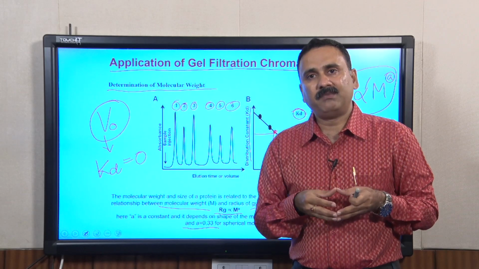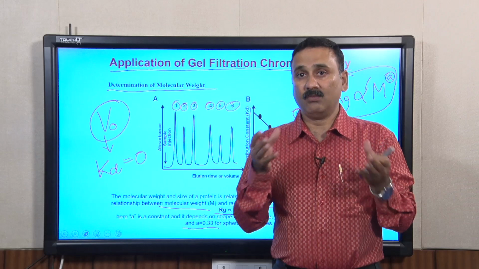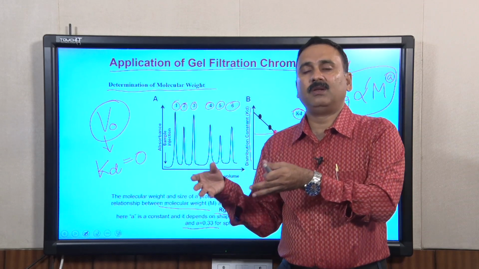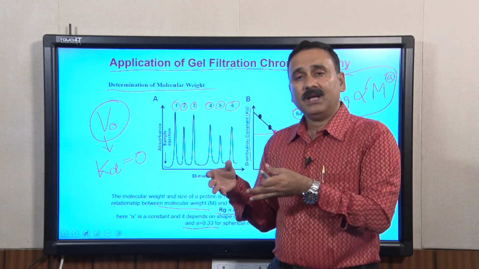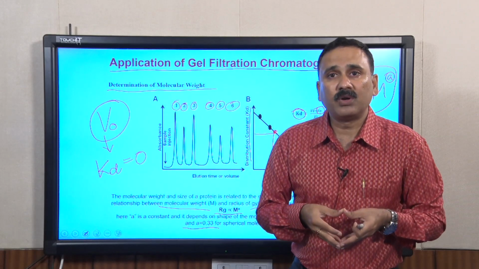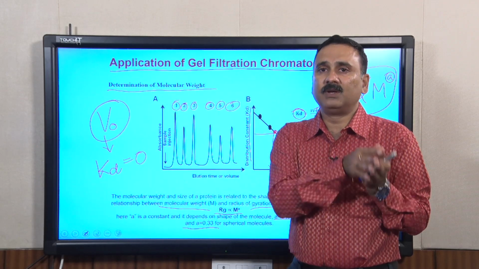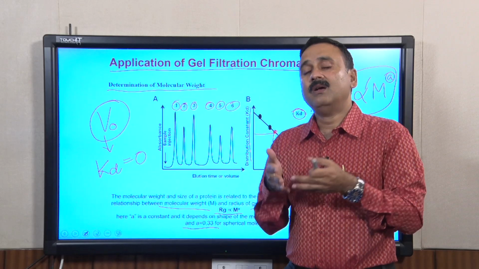One of the classical examples of a globular protein is hemoglobin, the molecule which carries the oxygen from one part of the body to another part. The classical example of a fibrous protein is the hair which we have, and the purposes of the globular proteins and the fibrous proteins are very different.